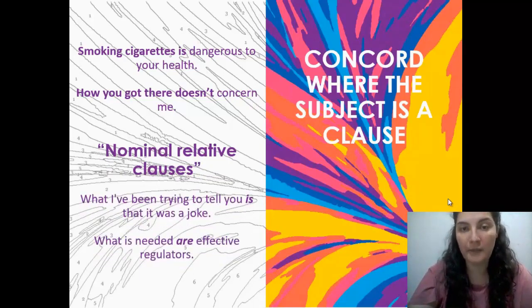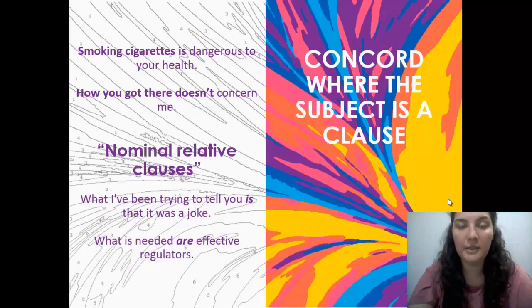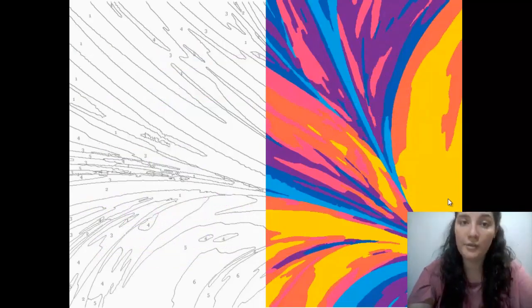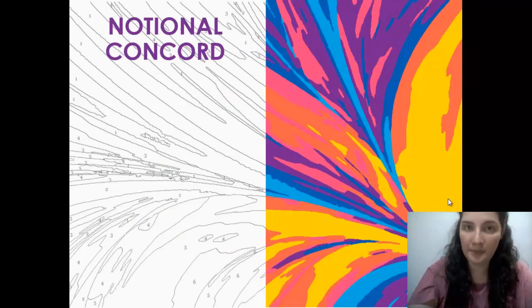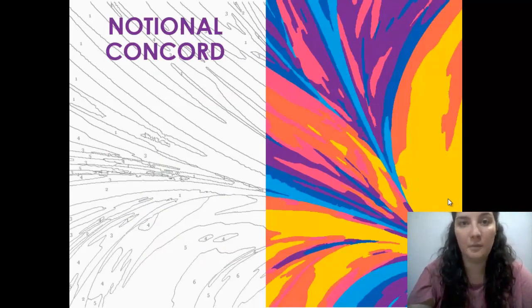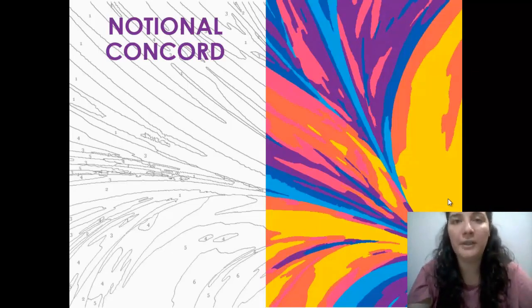In the first example, we have applied a singular verb, and in the second example, we have applied a plural verb. In contrast to grammatical concord, notional concord occurs when the agreement between the subject and the verb is determined by meaning more than form. This happens a lot with compound nouns and plural subjects, which can work as a single unit or a single item, so it sounds more natural for the subject to take a singular verb